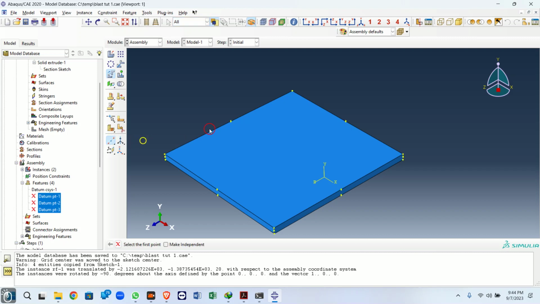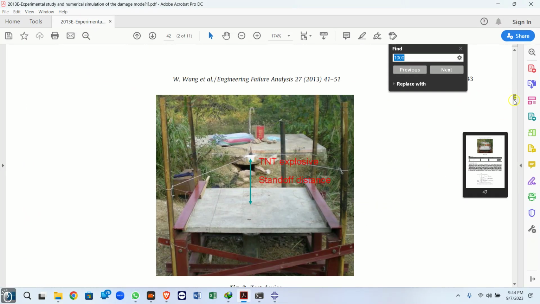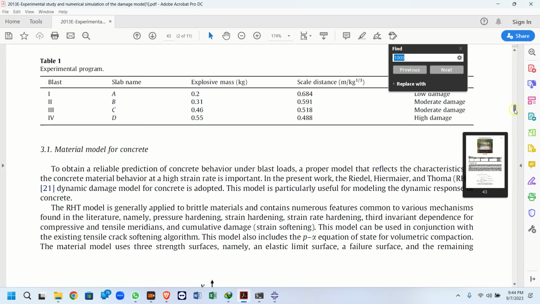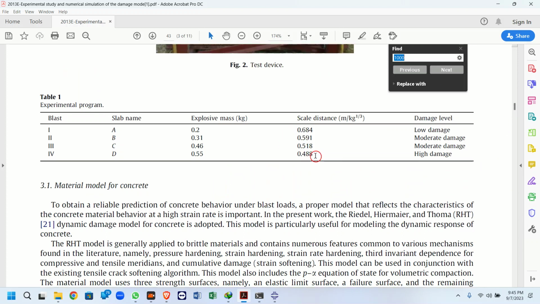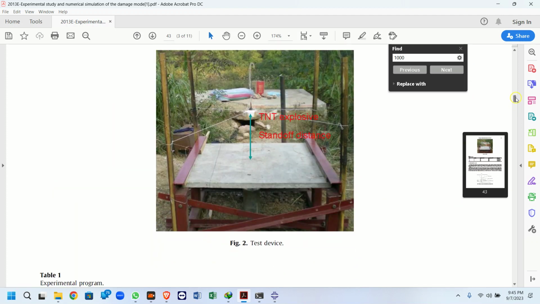Now, to mark the standoff point, first I will mark a center point. What is the standoff distance? 0.4 meter. Scaled distance, and then 0.684. They have calculated this from the scaled distance, है ना? But here it is given in experimental terms, it's given that